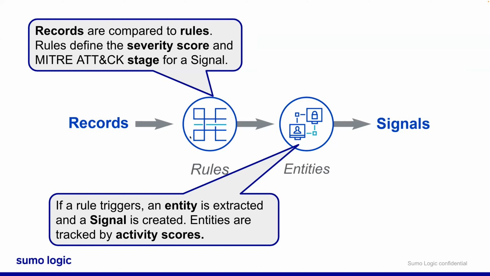But essentially what we have occurring is, as described, we have our records that have been parsed out and cleaned up. They're compared to the rules. If the rule triggers, that entity, that who, that what, that IP address, that host name, computer name, whatever it might be, is going to be extracted, and then the signal will be created. And so what we're going to have are some signals. Now, signals are good,